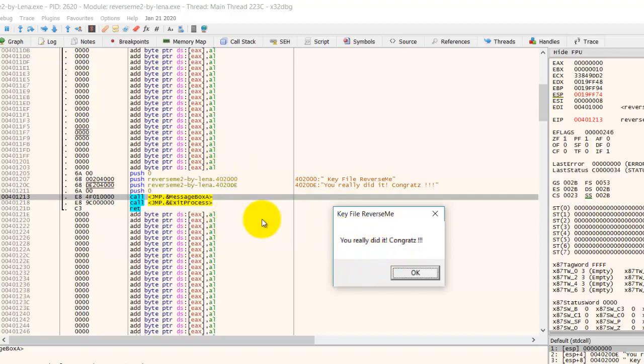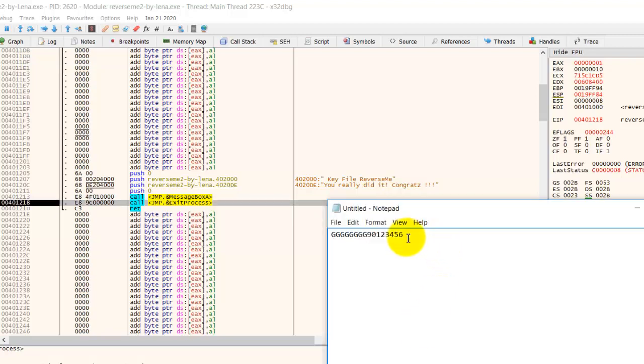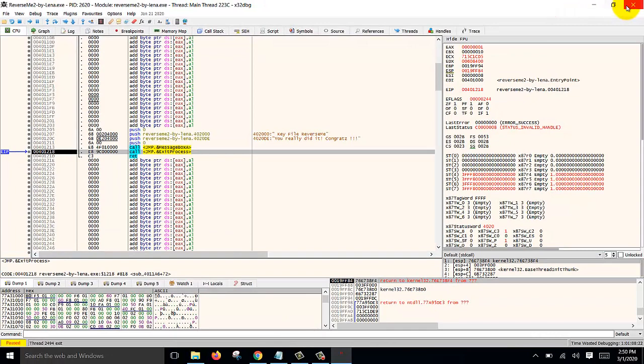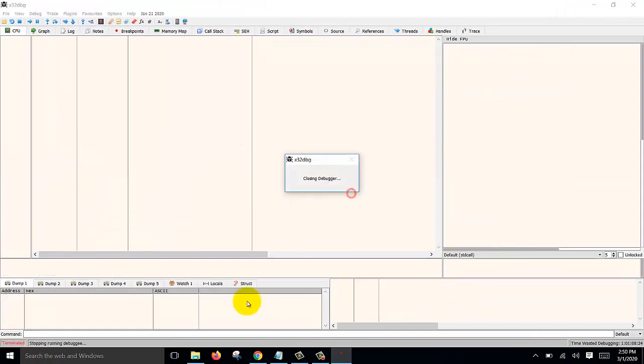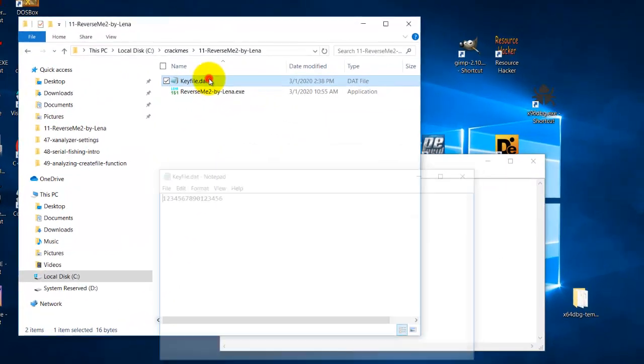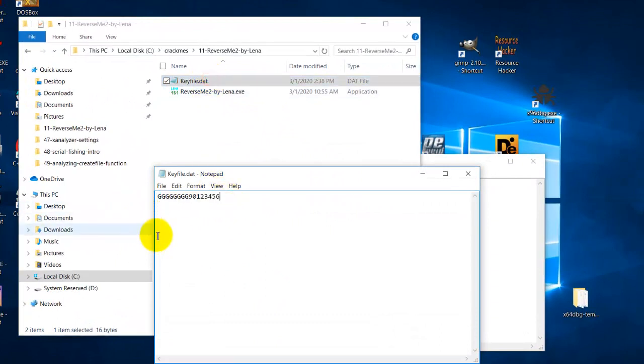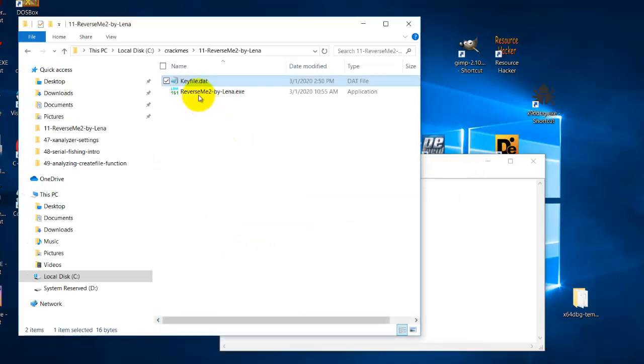So let us now test our serial key. Just click OK on this, and we can copy our serial key here. So the first condition is that it must be 16 characters. Second condition is that the first 8 characters must be G. So let us copy this and put it in our key file, but for that we have to close the debugger so that we can open the file. Open key file, paste what we have fished, save it,